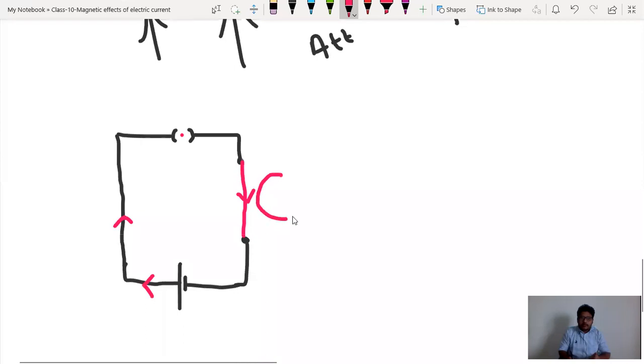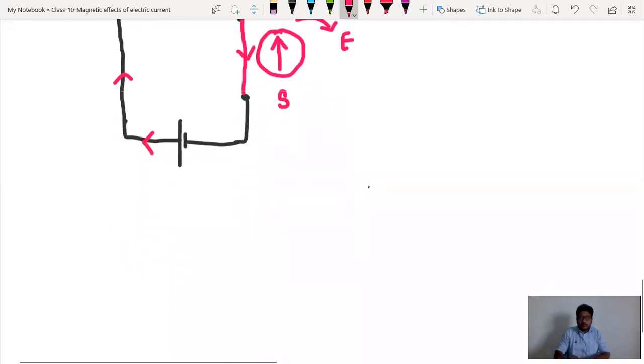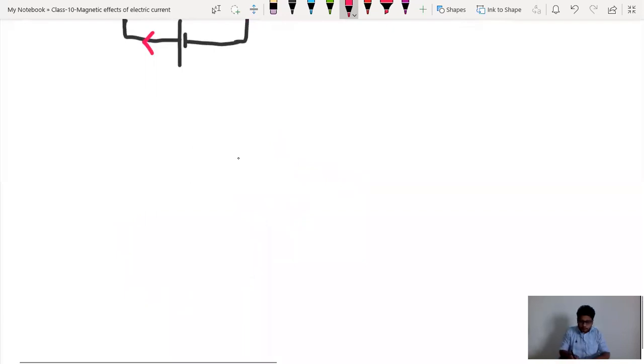And if you place a compass needle, for example, it will be showing some north and south direction at first as the default direction. After passing electricity, what will happen? It will deflect, and we have learnt the direction also. If it is flowing from north to south, there will be deflection towards east. Why will it deflect? Because let us understand one flow chart.